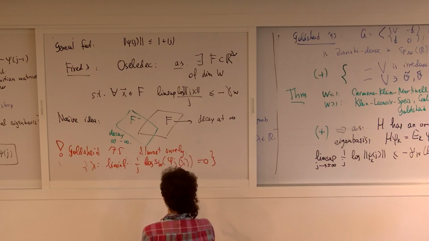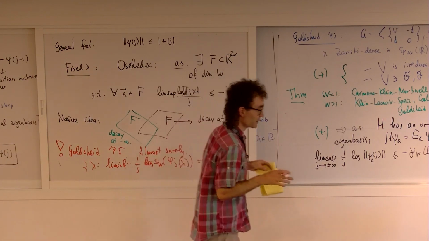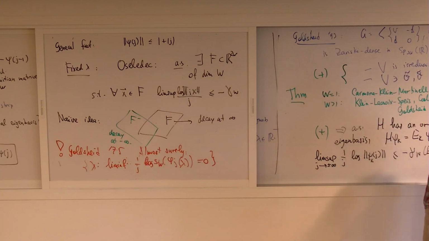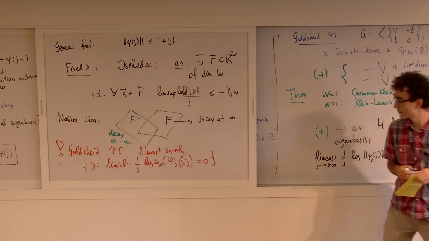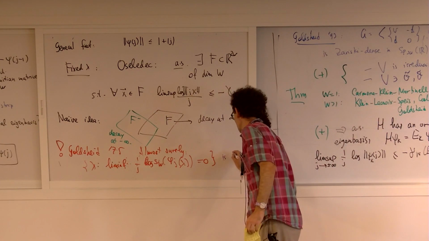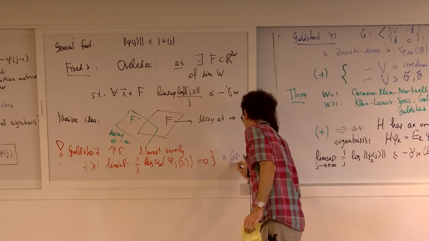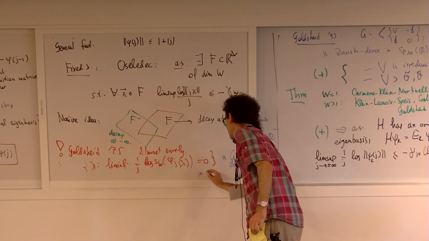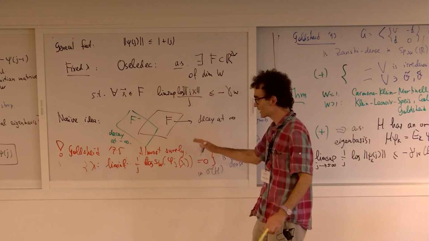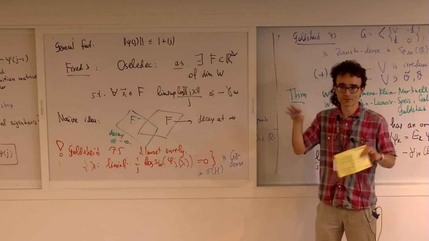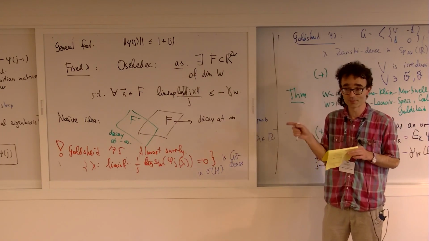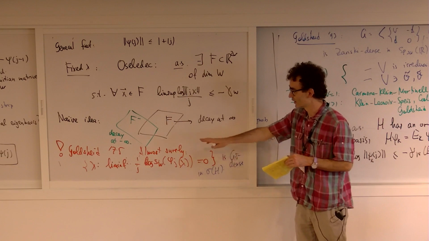And this set is in fact topologically huge. It's residual, G delta dense in the spectrum of our operator. So exactly outside the spectrum, all the theory is uniform and nice, but in the spectrum, exactly where we need it, there